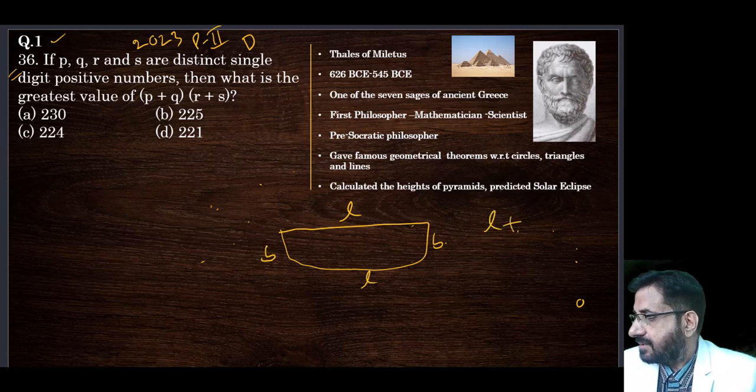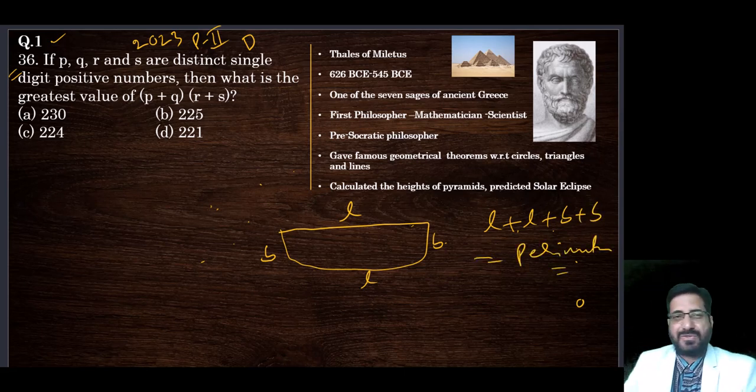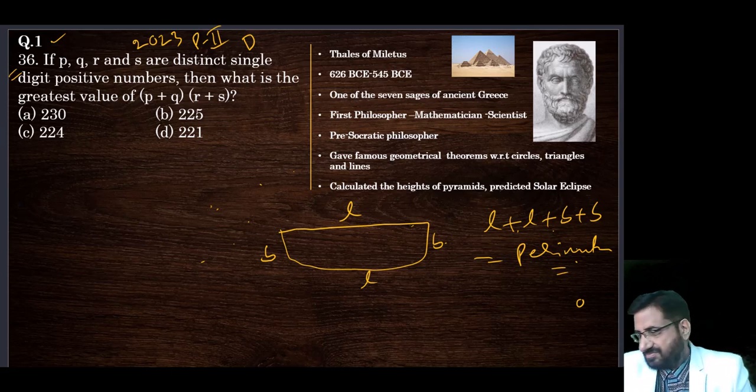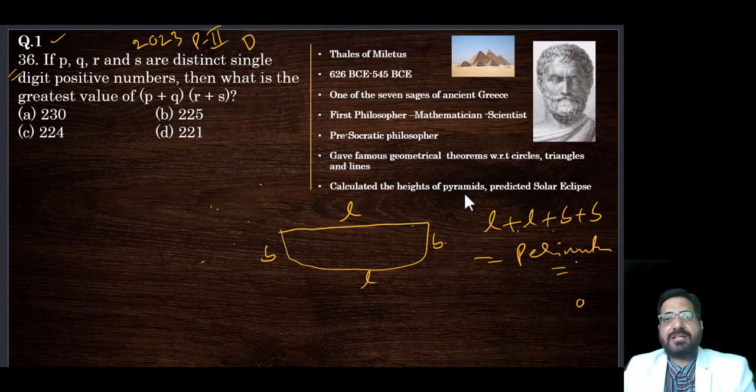So L plus B plus B. This is what perimeter is. You know all these simple things, so I did not keep on explaining each and everything. So the perimeter is L plus B plus B. So the perimeter of this